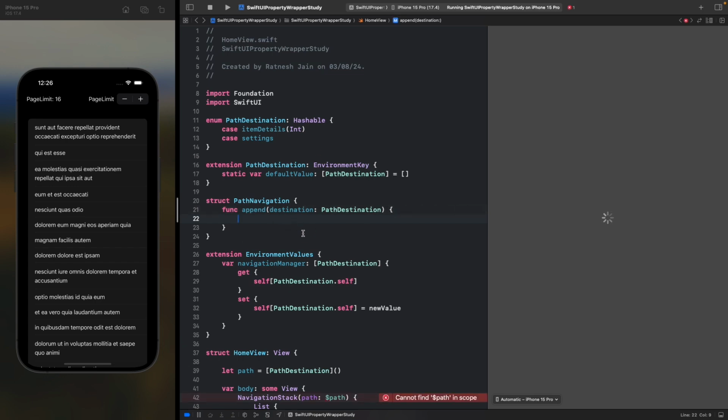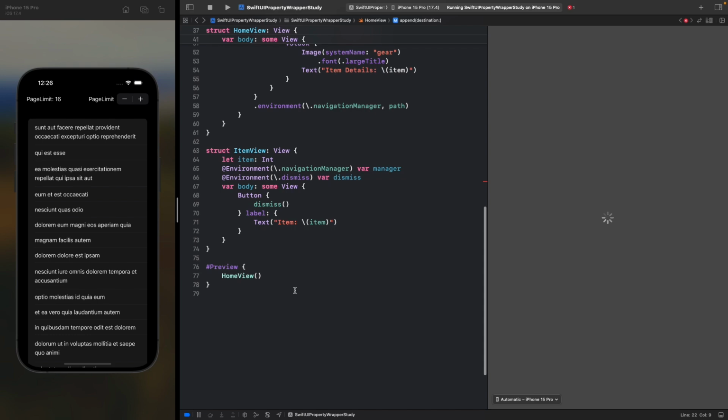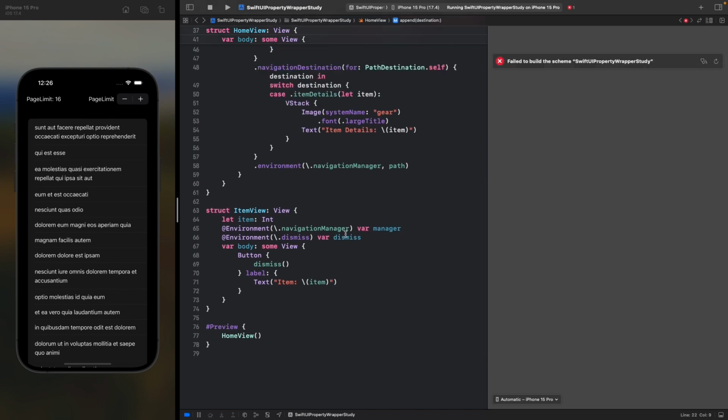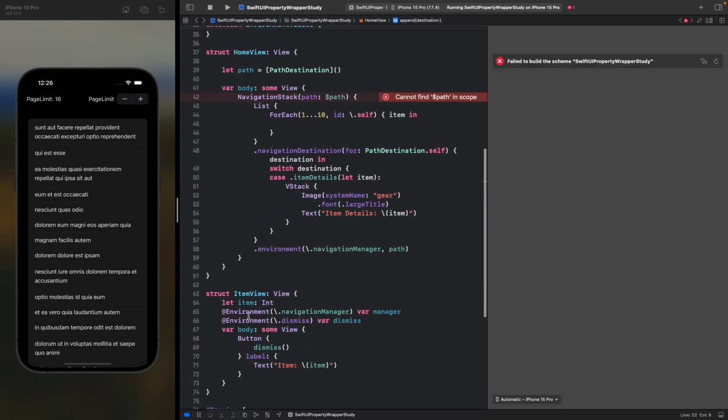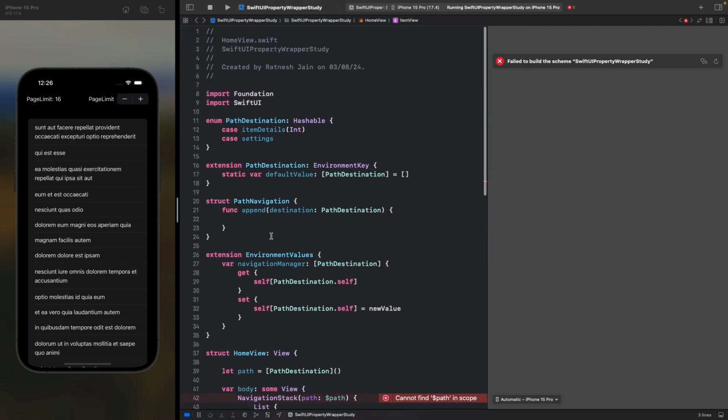This is a bit complicated, but we need some trick here to access it inside the environment. Or I can have a class